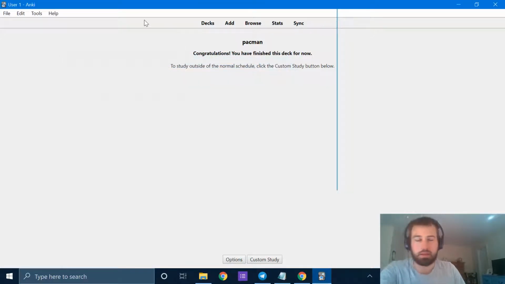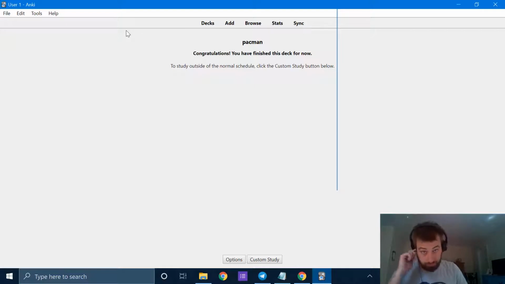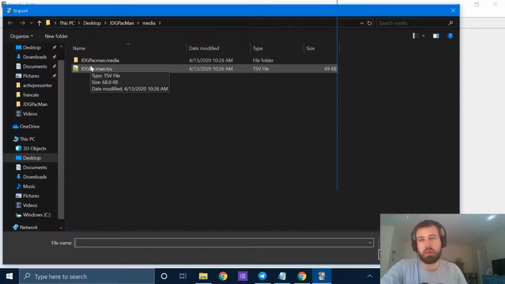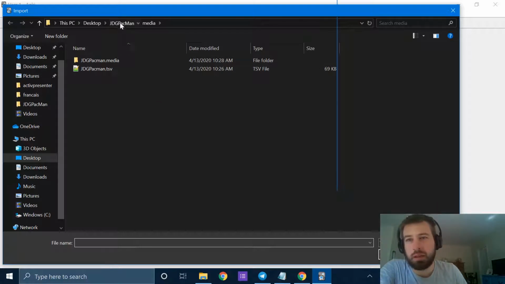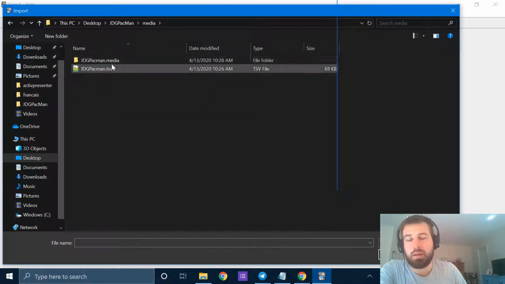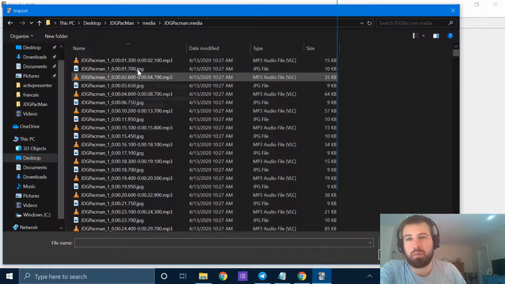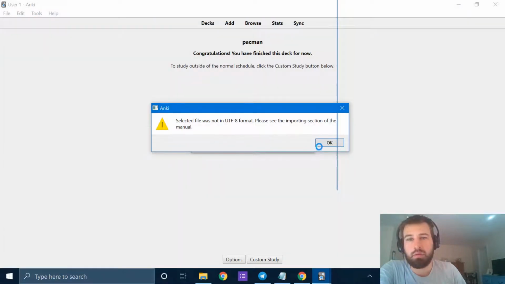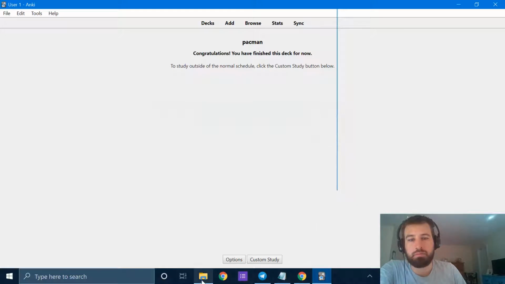And then, just a couple more steps. We're going to import, now under that media folder, remember that media folder, we told SubstoSRS to put all of our media into this one folder right here. And it did that. It separates it into the snapshots and the audio files. Ignore what I just did. That was dumb. So import,